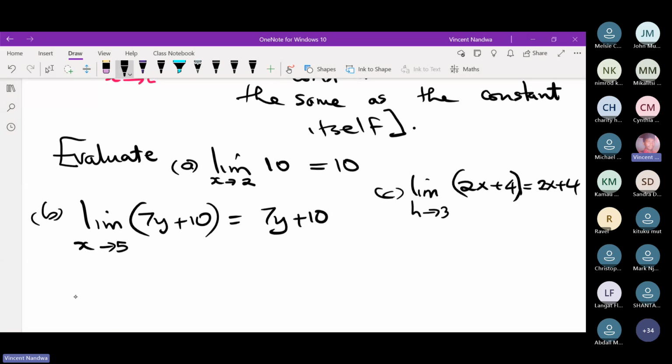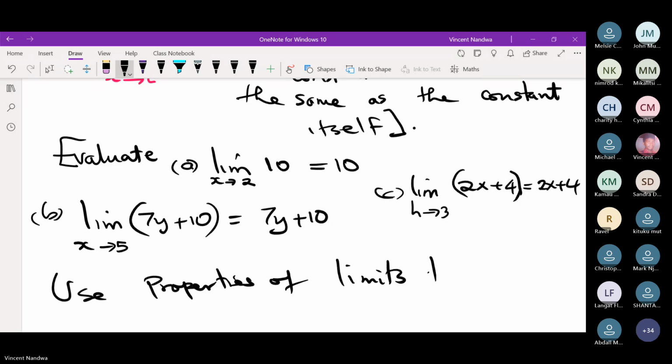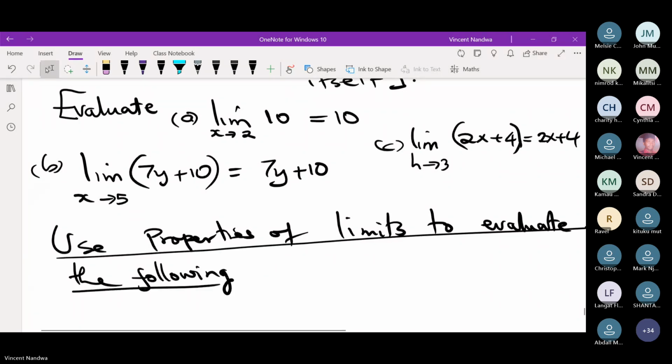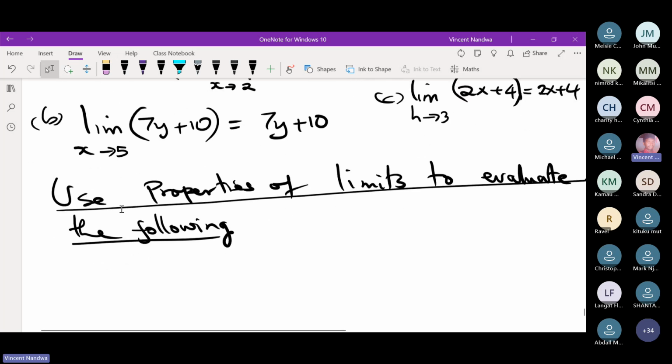So use properties of limits to evaluate the following. So we always start with appetizers. The first one,